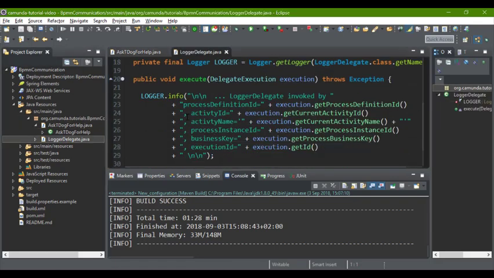Right now it's just going to print out the information about what we're doing, and then it's going to show that in the console. But of course, if you wanted to make a call, you basically have all of whatever Java libraries and classes you have to make any REST call you like. But in this case, I'm not going to do that because it will take a little bit more time.